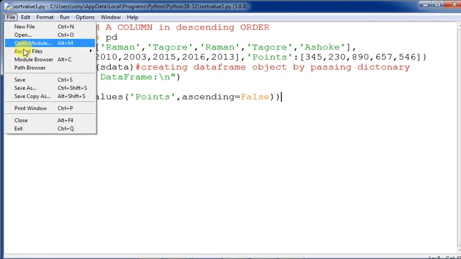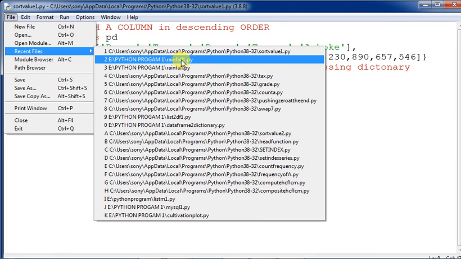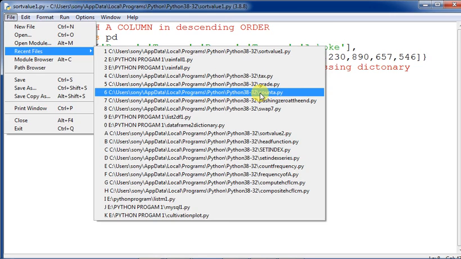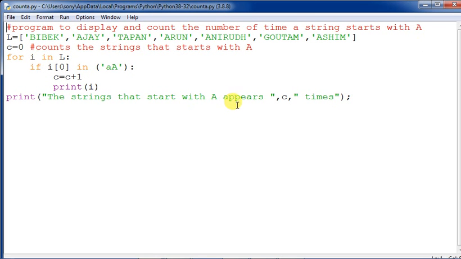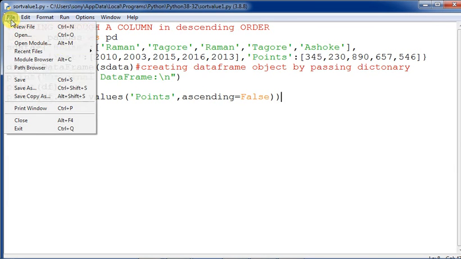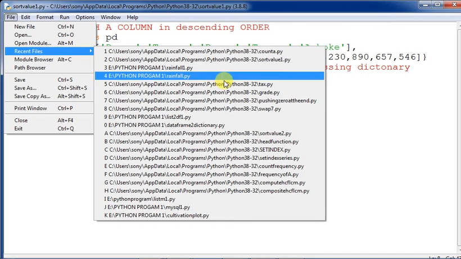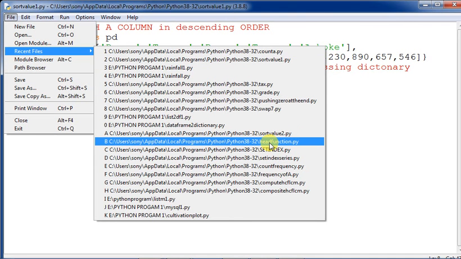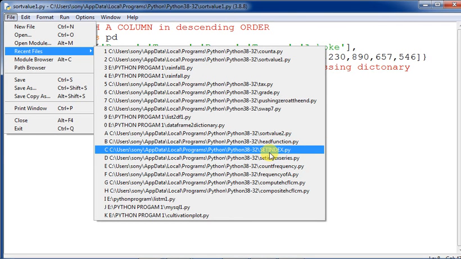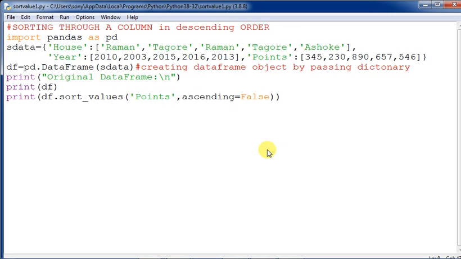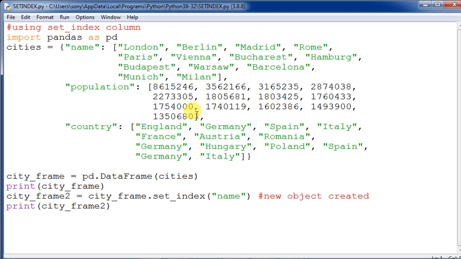Okay, now let us see some other programs also. So let us see once. I'm sorry, not this one. Okay, just a minute. Now today, set index. Okay, set index is a very useful command actually. So first of all I have taken a data frame out here.